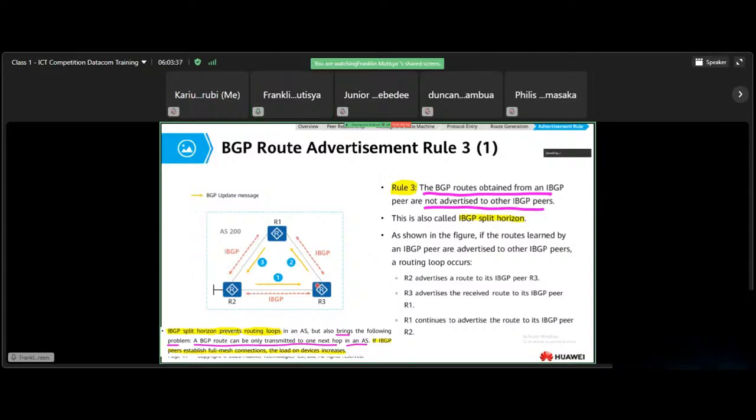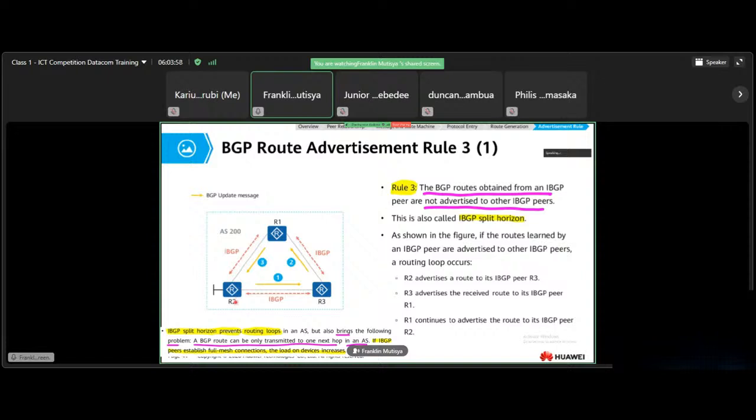Okay, so a BGP route can only be transmitted to one next hop in an autonomous system. So if IBGP peers establish full mesh connections, then the load on the devices will increase. Okay, so when you're setting up, full mesh means